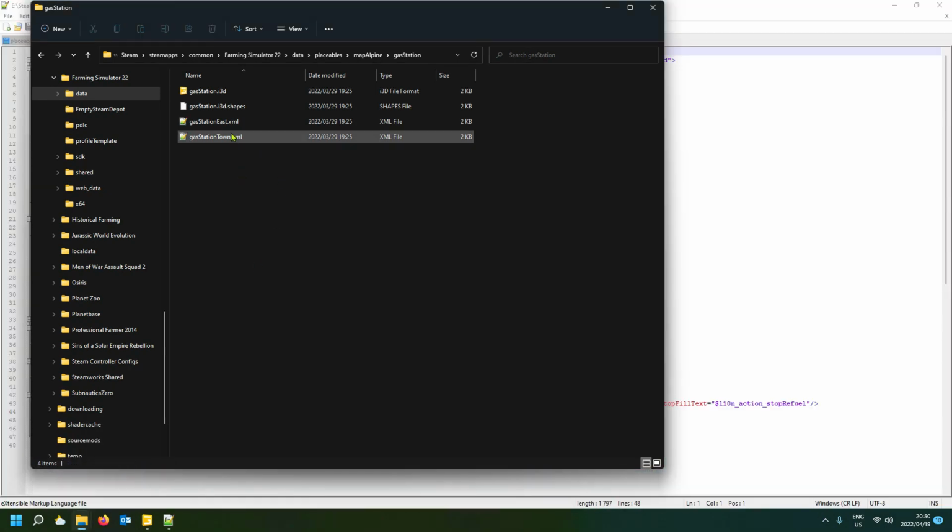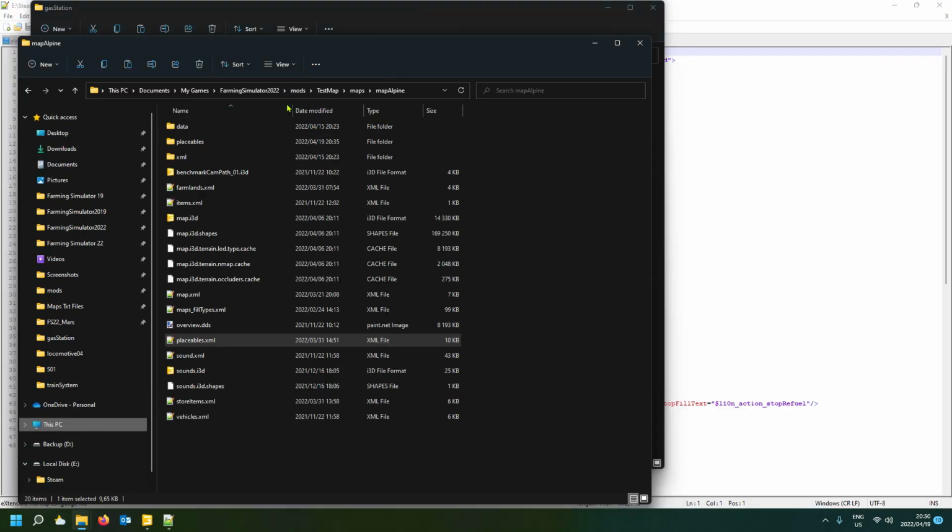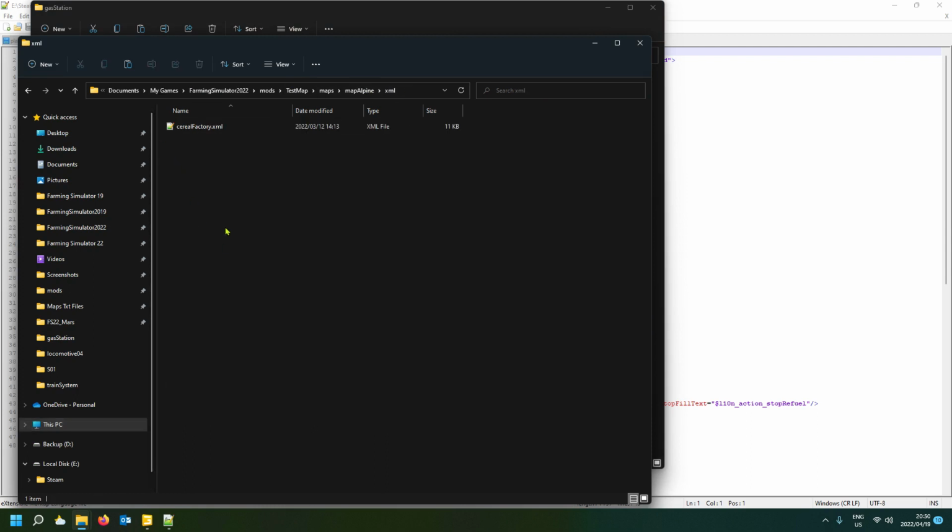Great. So you're going to copy any of that. So I'm going to use that one. Copy, Control C. And then go into our map folder, which will be Map Alpine. And I normally, for my maps, make an XML folder. And then